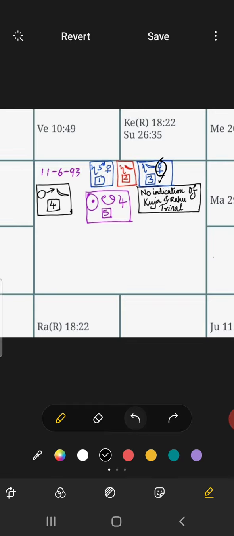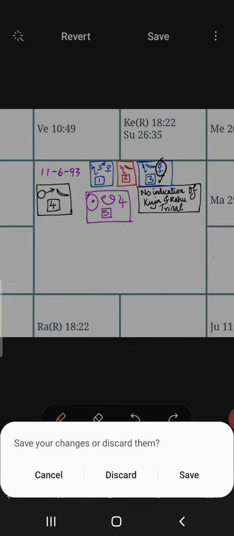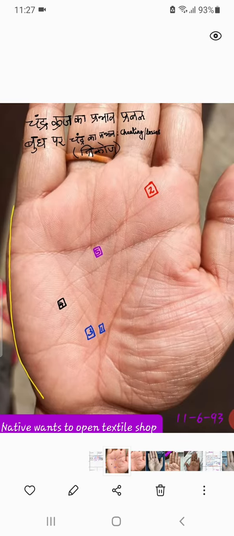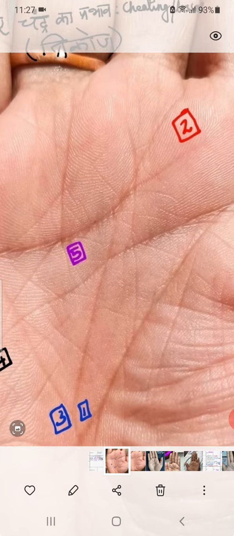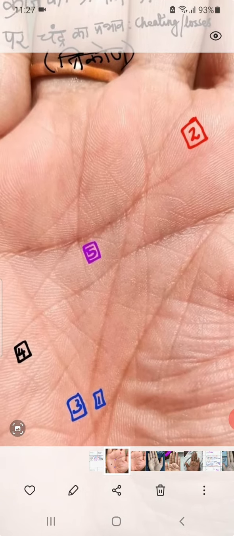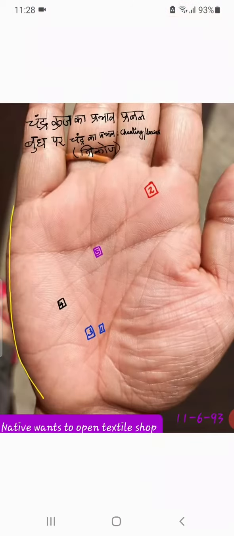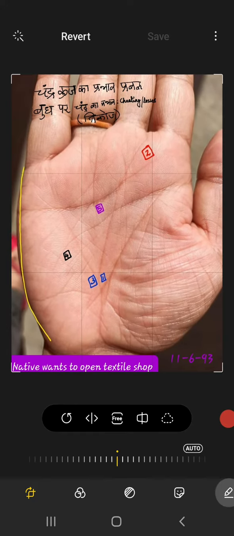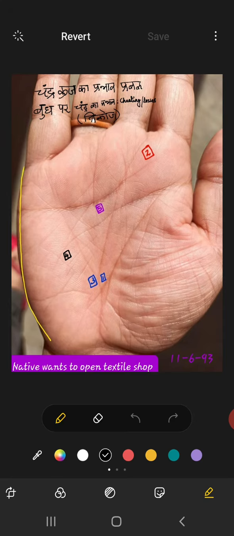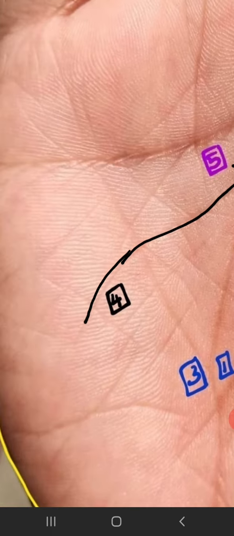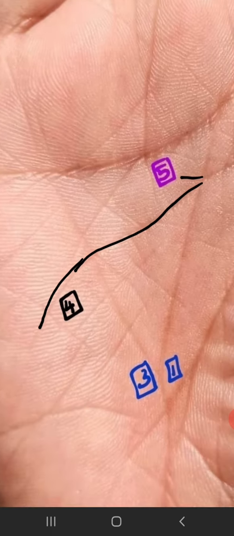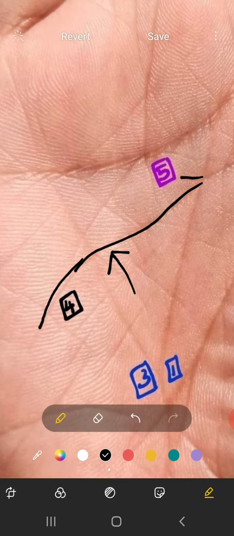Now let us go to the palm, so that way we will be able to focus. Now we will see one by one. Let's say the Kuja rekha here is suddenly changing its shape. You can see it is suddenly changing its shape and becomes like a sickle. So this part is suddenly transforming into a sickle.